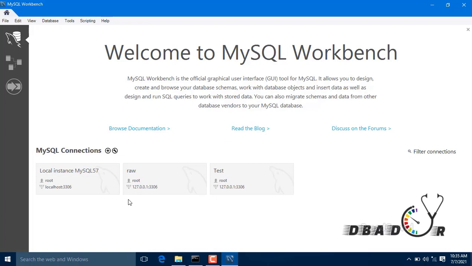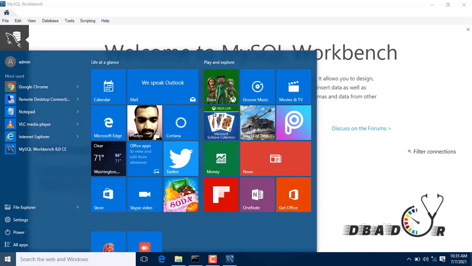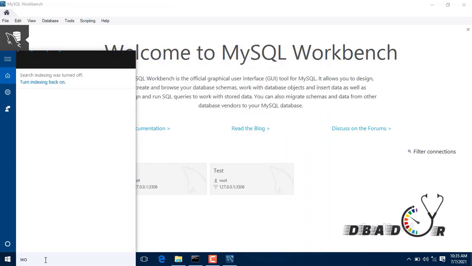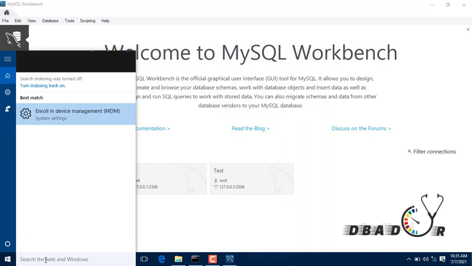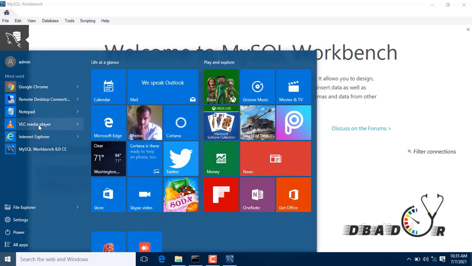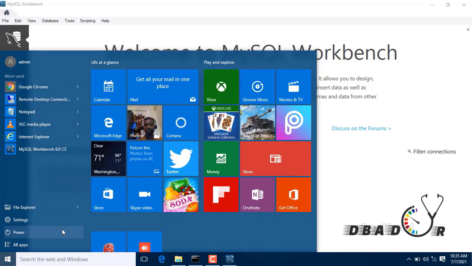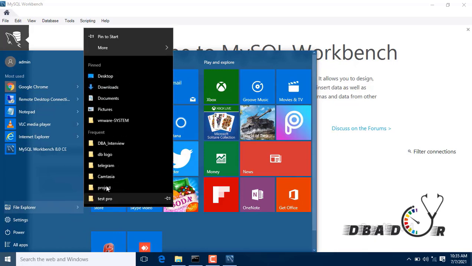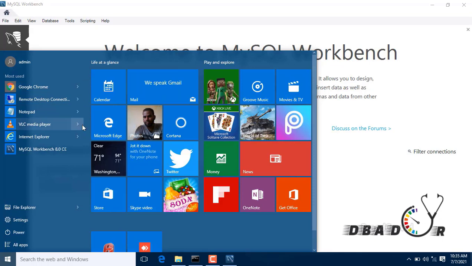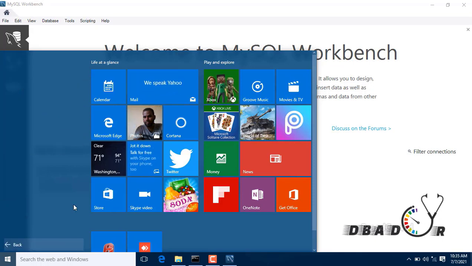Once you open the control bar, in the search bar you can see Workbench is already present in the Windows menu. If it is not there, in Explorer you can get it under all program files.